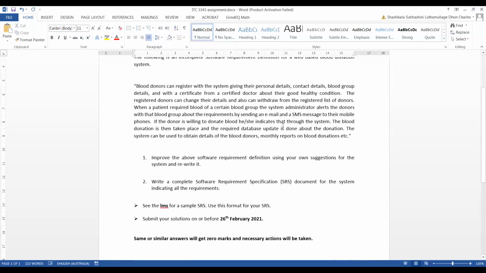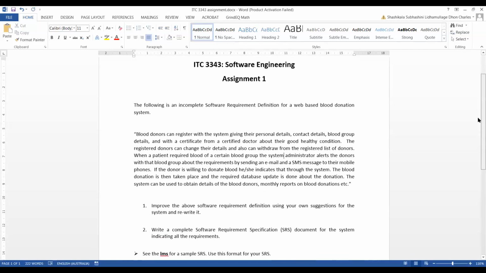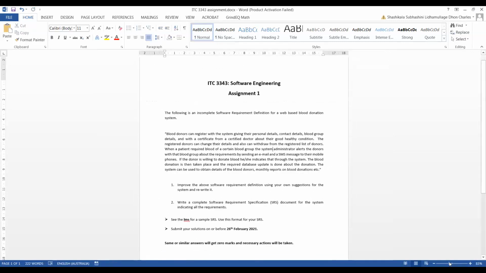Do you have any questions regarding the assignment? This one, assignment 1. Anything to know? Regarding the word count, no need to bother about the word count. What you have written, you can upload. At least around 5 to 6 pages. The marks allocated for this SRS are 20%, that means you can get marks out of 20 for this assignment.